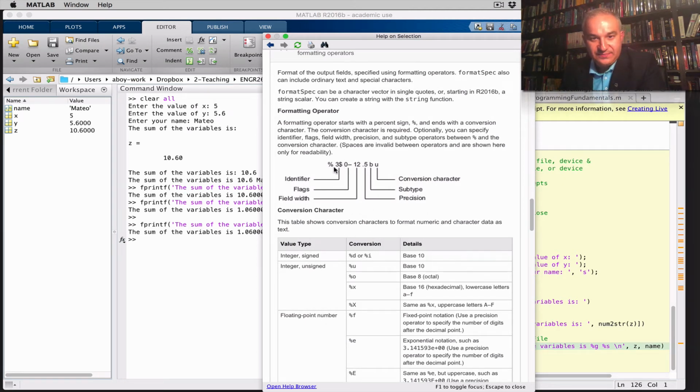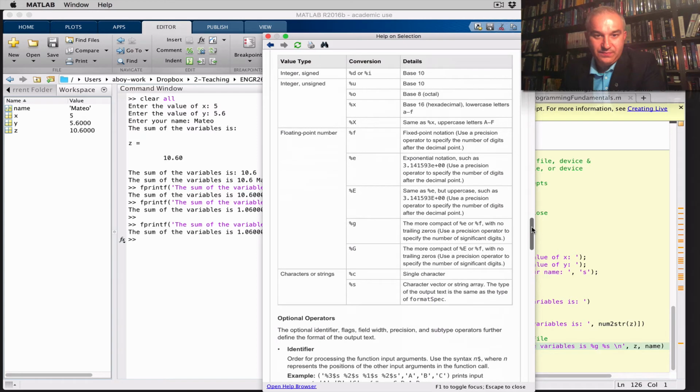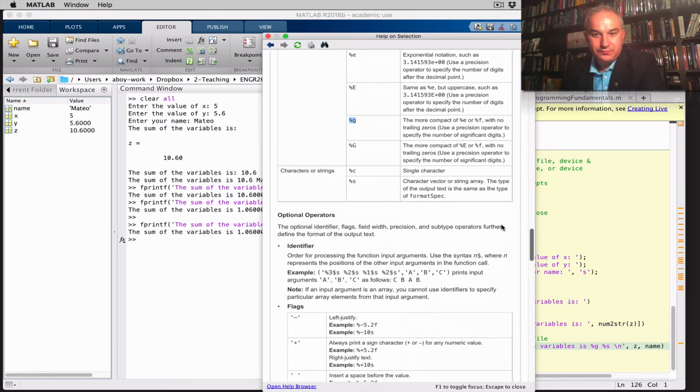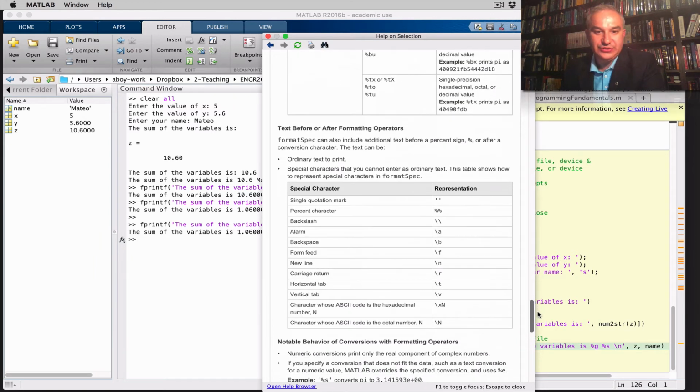The identifier, the flags, fields, the precision, how much precision do you have, field width. And here %f is a fixed point notation. I was using G before, which is quite useful, more compact than E or F, okay? No trailing zeros. And S is for characters. And here you have some examples. It's worthwhile to see it. Okay? Also, I'm using the new line here. So with that,